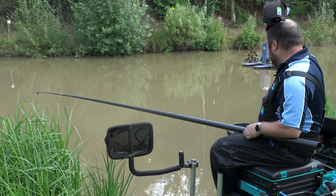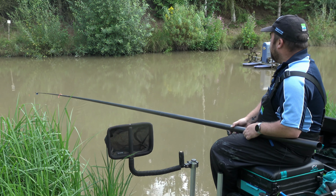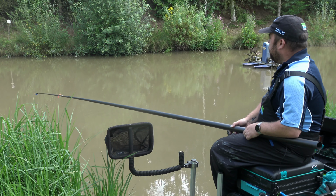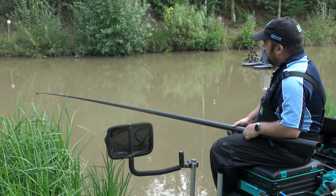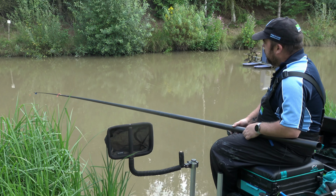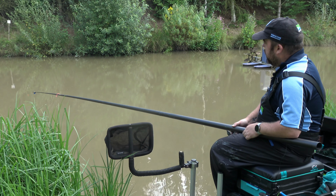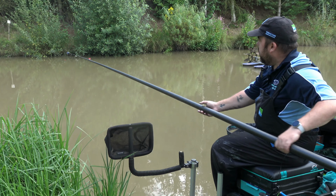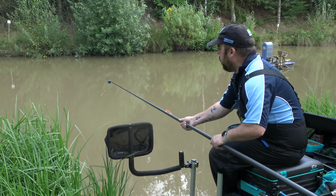Sorry, wasps, can't do with wasps. Then I'll go back onto a shallower kit. So give it a couple more seconds. I'm not getting anything there, so it's back to a slightly deeper kit, and there's no point in wasting on